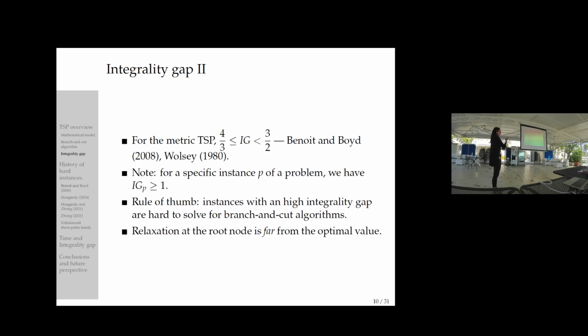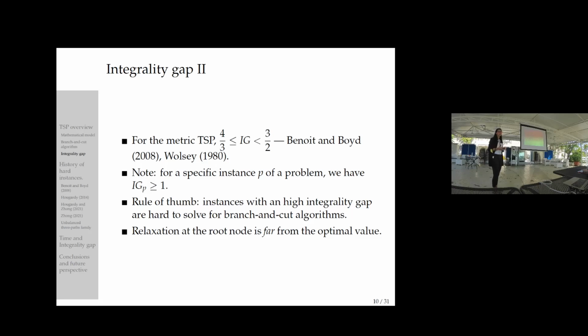And these are the two papers to refer to. So we don't know currently what is the right value of the integrality gap. The conjecture is 4/3, and we only know that it should be less than 3/2. Of course, as I said, for a specific instance of a problem, we have the integrality gap that is greater